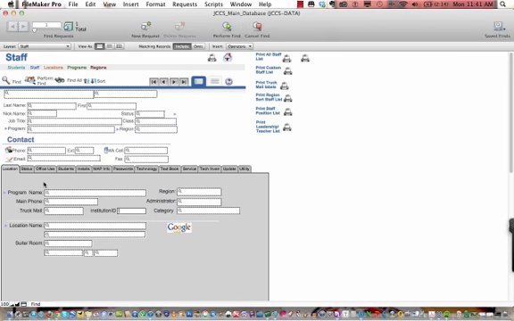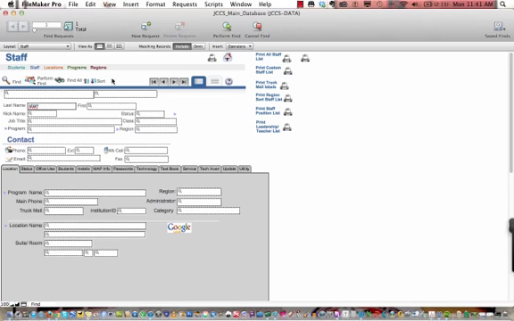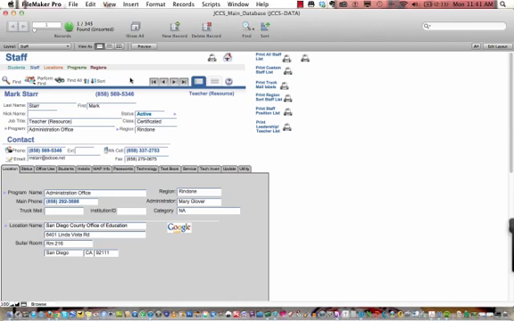And it brings us to this page. This is the page where we can populate the different information about the person that we're looking for. The more detail we can give it, the more exact it is. However, when you're looking for staff, there aren't that many names that repeat, so it's pretty easy just to search for last name. Let's search for my last name here. We come on up to Perform Find up here in the middle top of the screen. Select Perform Find, and as you can see, it immediately brings up all of my information,